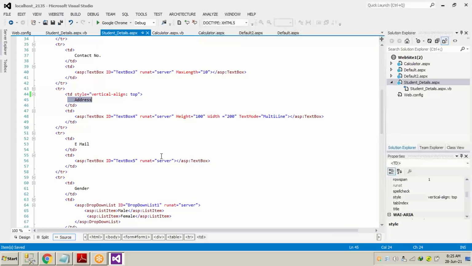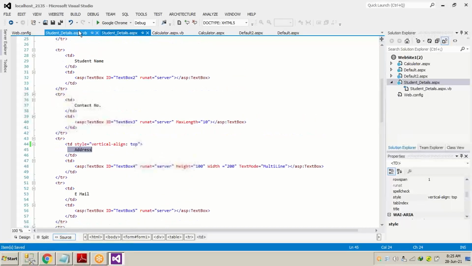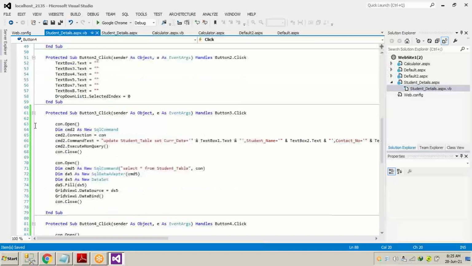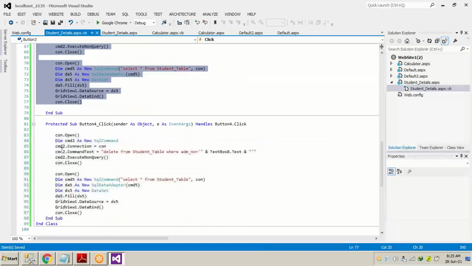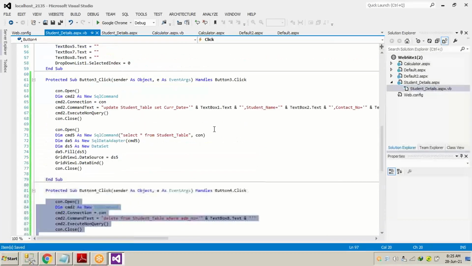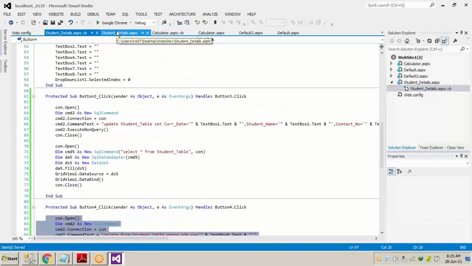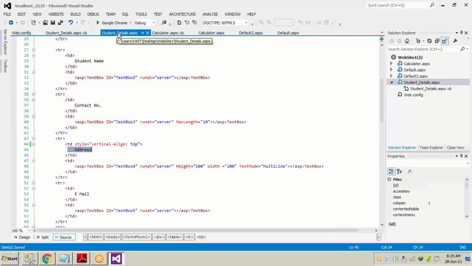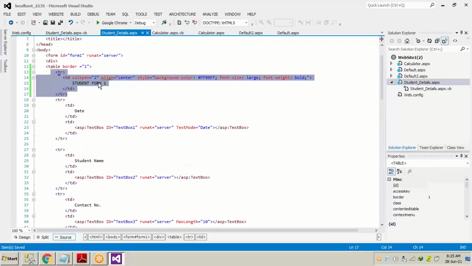So in today's session, we did SQL Server coding also for update and delete. I believe you all have understood the coding. And we did some styling part also. We added a TR. Inside a TR, we added a TD, made its colspan equal to 2, alignment center, and we changed the style also, the font, and the background also. We can do much more than that, and that we will be coming to in our next session.